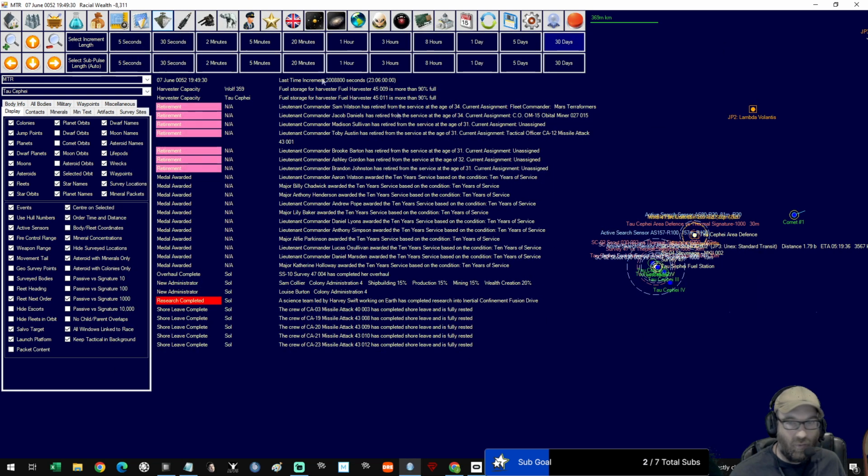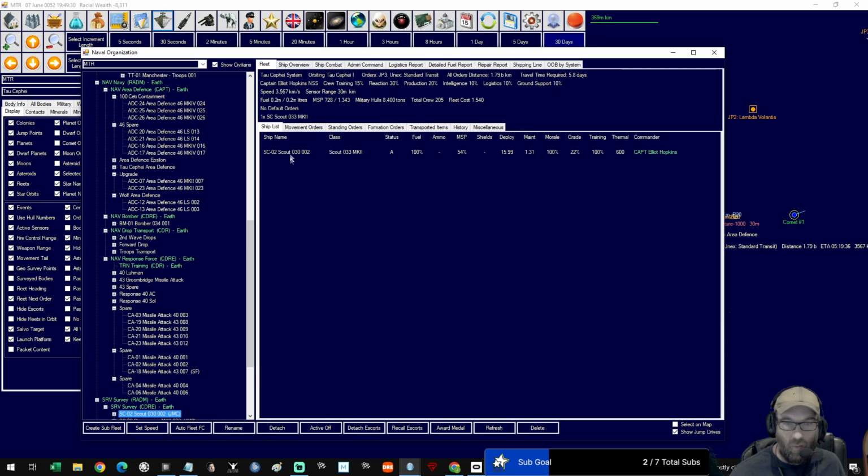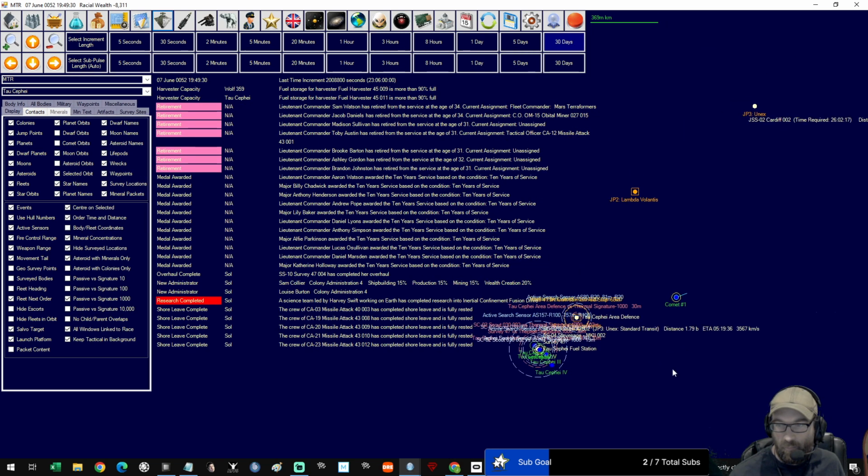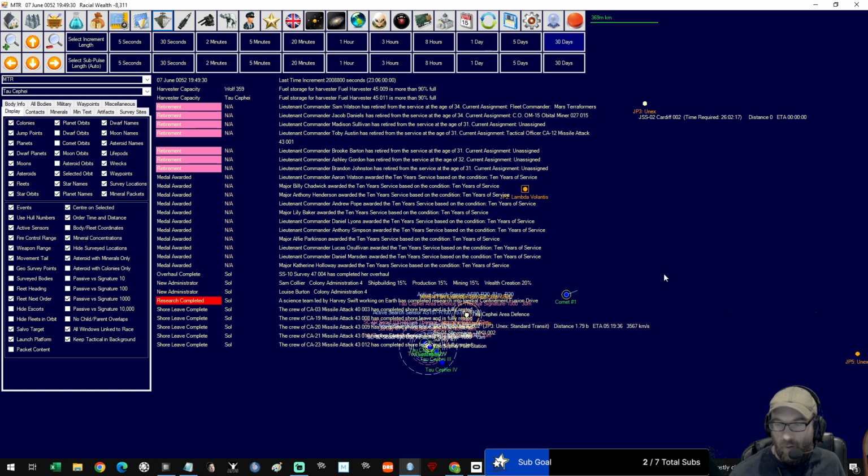And in the next episode, we will find out with this scout what is through this jump point. Jump point 3 we're aiming for, I believe. Yep. And we've already started building the